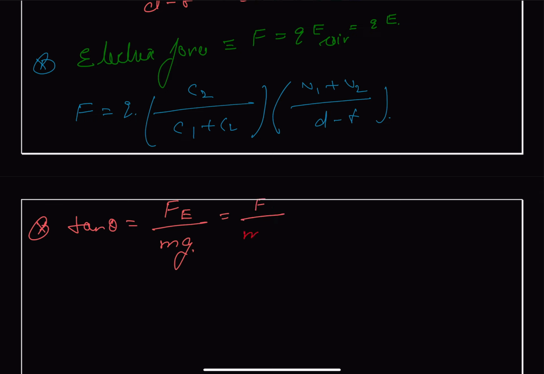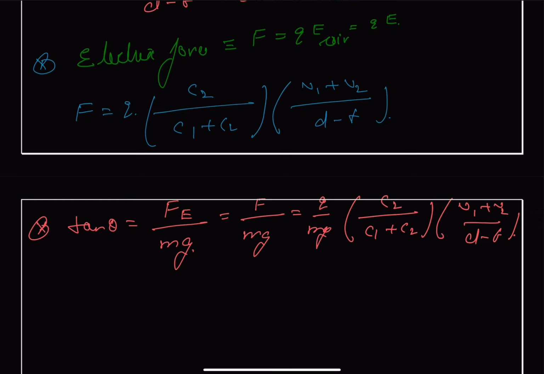So we substitute it, we get this as Q upon mg and this is C2 upon C1 plus C2, and we have this as V1 plus V2 upon d minus t, and we are supposed to find